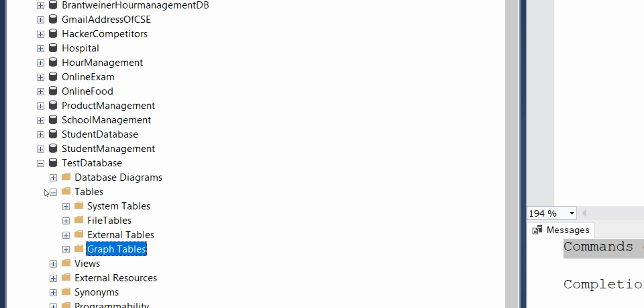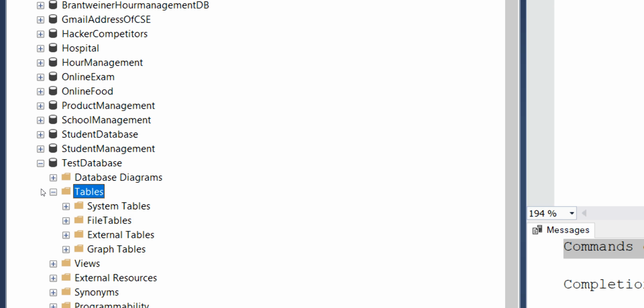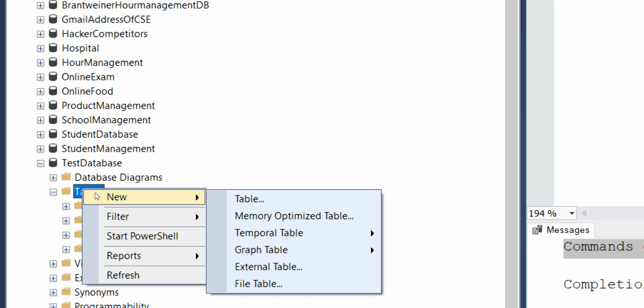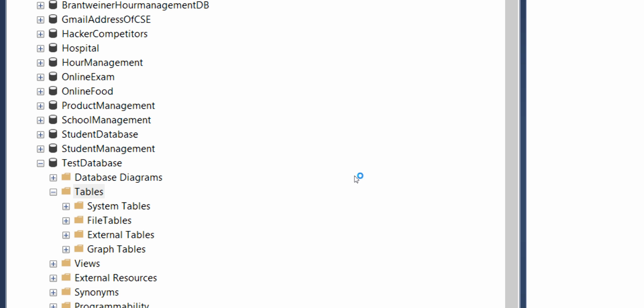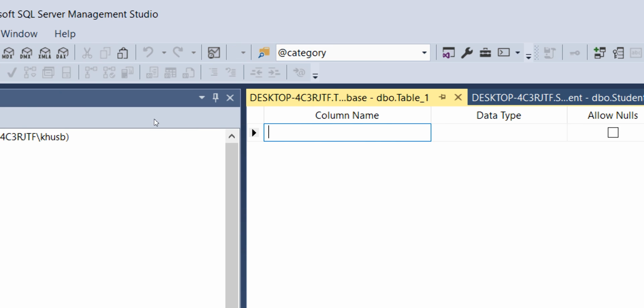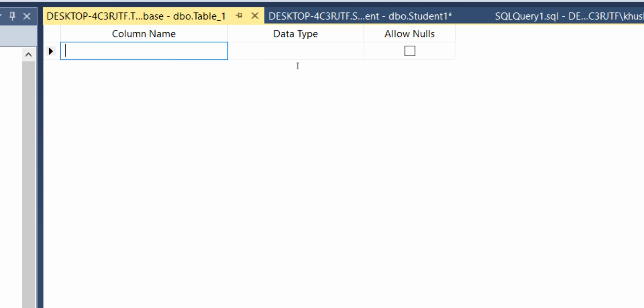So we have seen how to do so in query mode. Now the designing part: you need to right click on this table section and new, and then go for table. After clicking this, you are going to get this kind of window. In this window you need to specify the columns one by one.